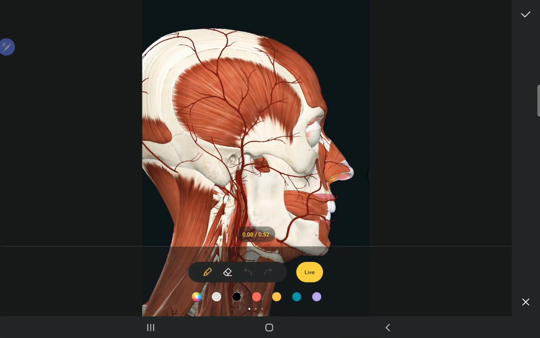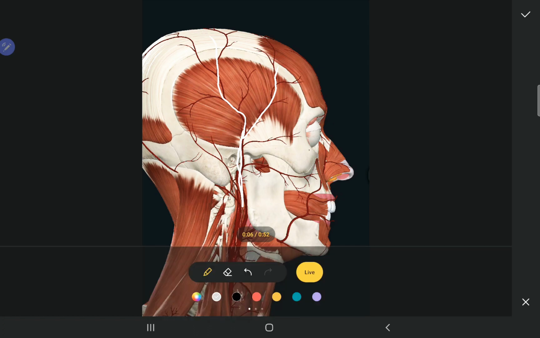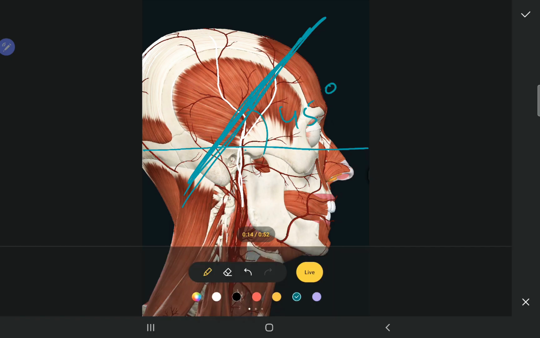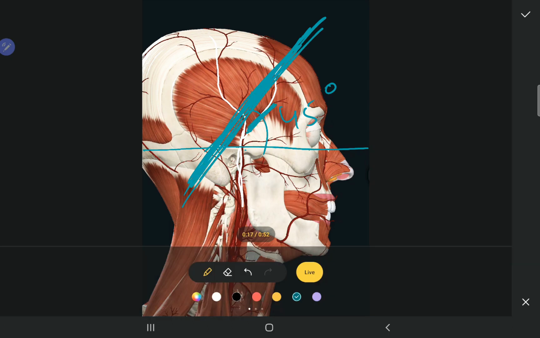I'm going to show you just now. So if you can see that we have got the superficial temporal artery. So this is the superficial temporal artery. This is the anterior branch or the frontal branch. This one is the posterior or the parietal branch. So we make this incision between the anterior and the parietal branch. So basically we go parallel to the anterior branch like this, which is basically 45 degrees to the zygomatic arch. So you can see we are making this incision 45 degrees to the zygomatic arch, and it is parallel to the anterior branch of the superficial temporal artery.